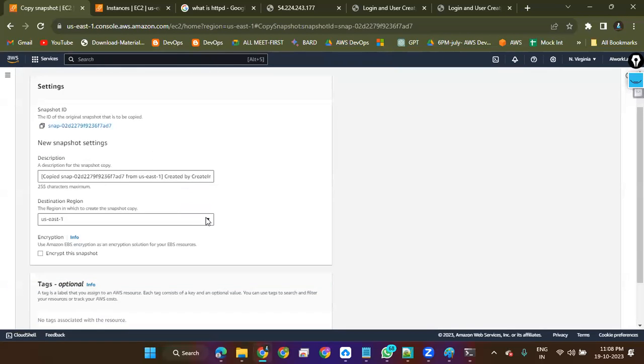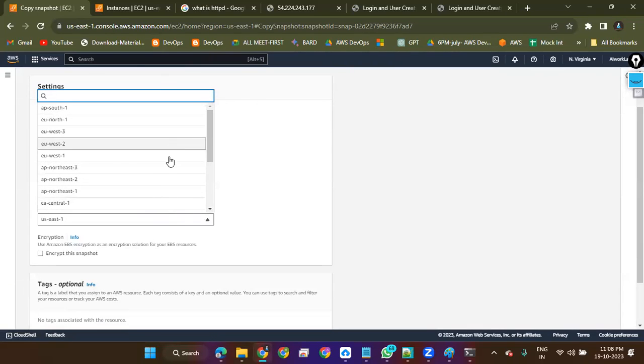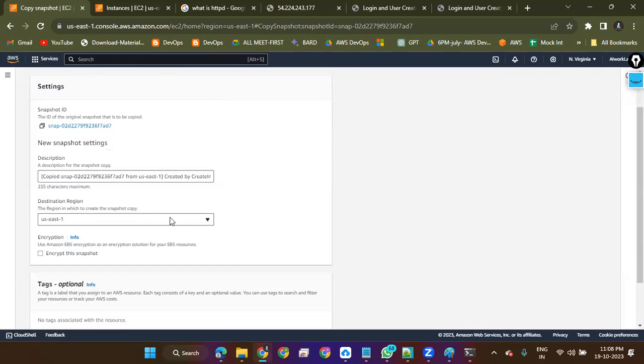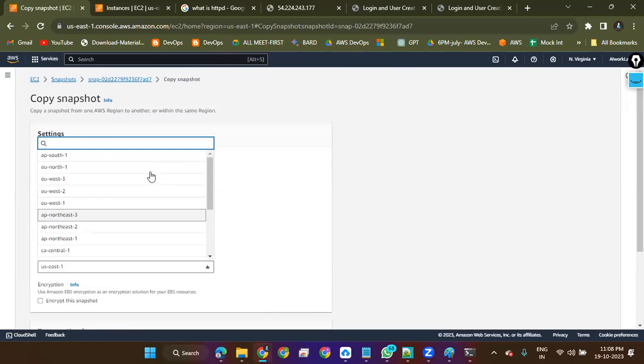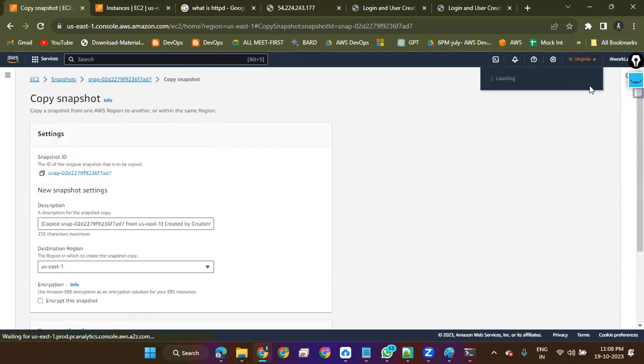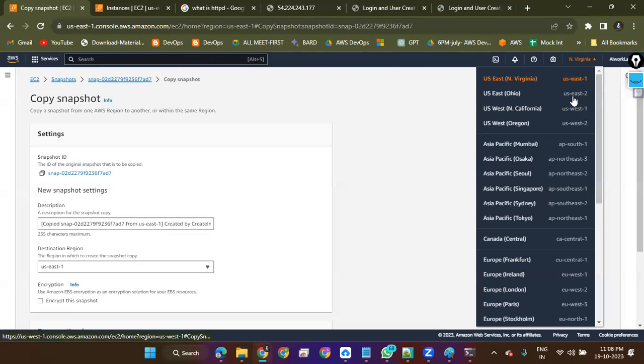I have different regions with the codes. See, one more thing: regions are defined with codes. AP South 1 means Mumbai. EU North 1 and Virginia. AP Northeast 3, like this. If you click here, every region has a code.